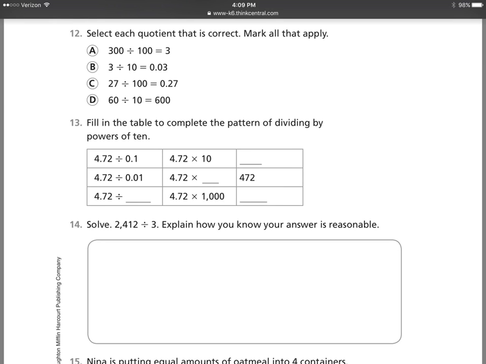We'll be starting with number 12. Select each quotient that is correct, mark all that apply. This is a very self-explanatory question. You simply need to do the division, and if the answer is correct, bubble it in. You're going to want to remember when you're solving these problems to make sure that you're writing them the correct